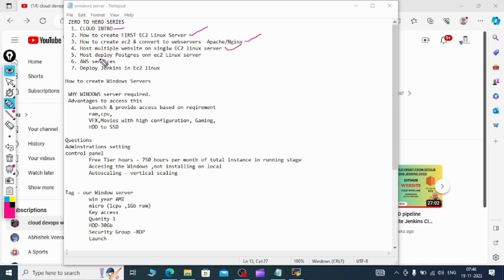We already covered how to deploy a Postgres database on an EC2 instance, right? We have used a Linux server, and we have seen an introduction to various AWS services and details about them, and we have seen the Jenkins deployment installation procedure and the Jenkins CI/CD pipeline creation on